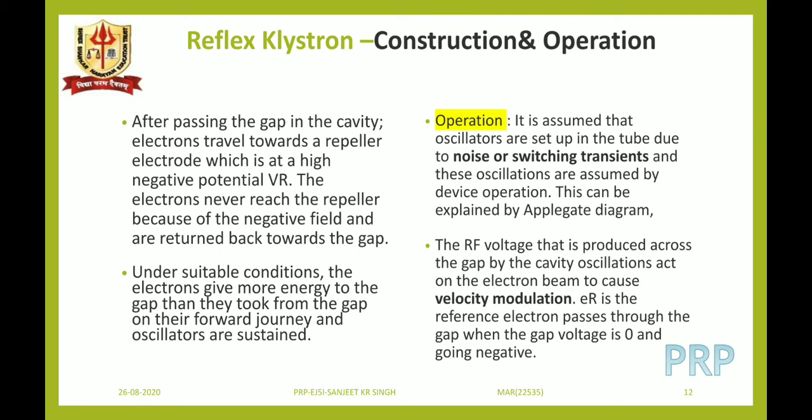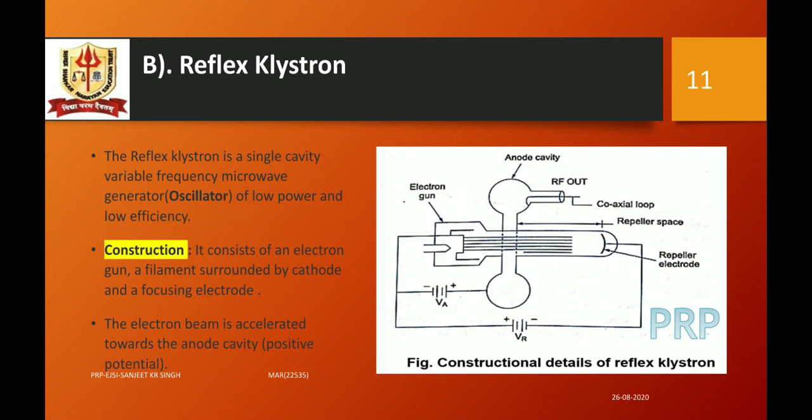When the electron beam is radiated, accelerated, and focused into a narrow beam, and passes through the gap for the first time in the forward direction, the noise present in the cavity due to the anode voltage supply is amplified. This noise voltage is a random signal, and that signal causes the electron beam to interact with it, and thus the energy of the electron beam is used for amplification of that noise signal.